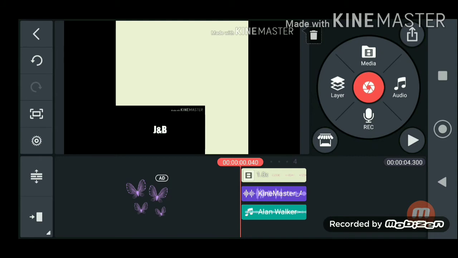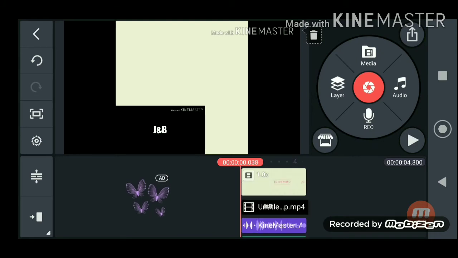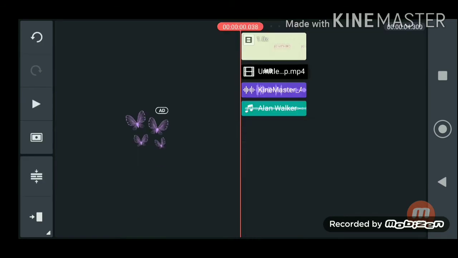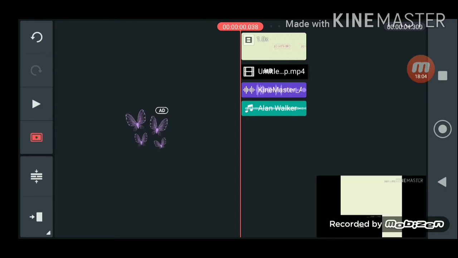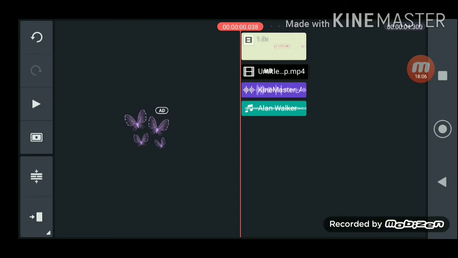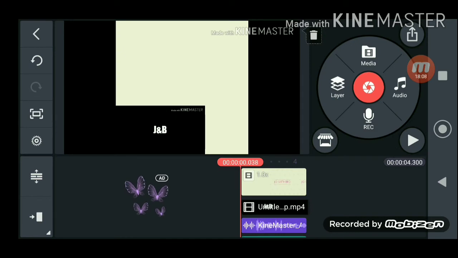So I finished everything. As you can see, I can't see what is in that blue thing in the layer. So this option at the side, which is up and down, you click on this, and you can see all the effects which I told you about, and you can't see anything here. So if I want it, I click on this and I get it. If I don't want it, I click. So these are the basic things which you need to make a nice video, and the effects.